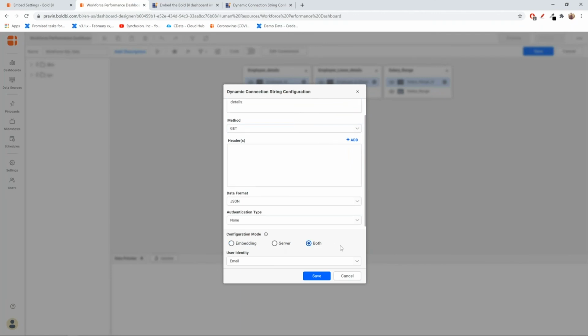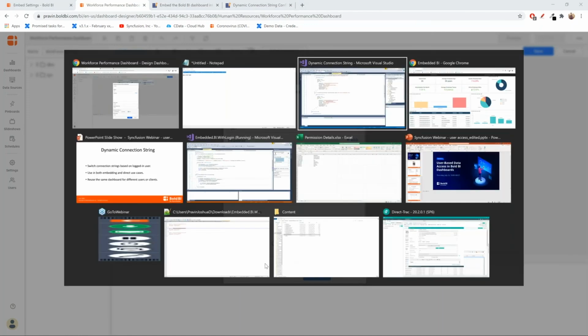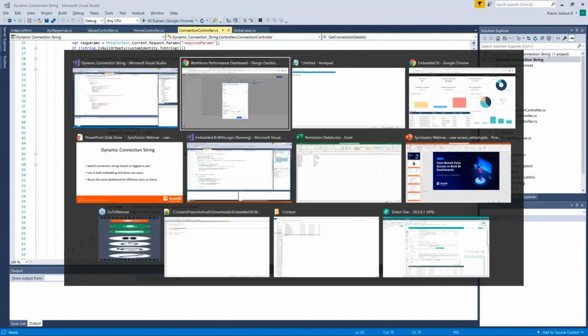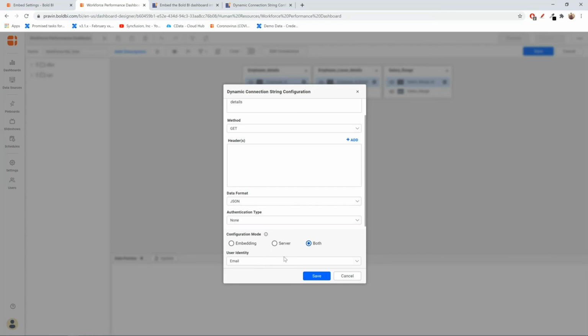Okay, just choose this, and the identity has to be mentioned, if we are going to identify the user through email or the full name. In the web service that I showed before, I'm just making use of the email address. So I'm going to use the same here and choose the identity as email, which is selected by default. Okay, so now let me save this.